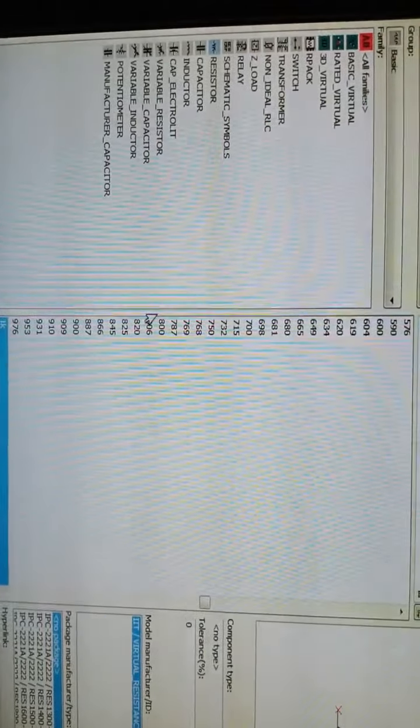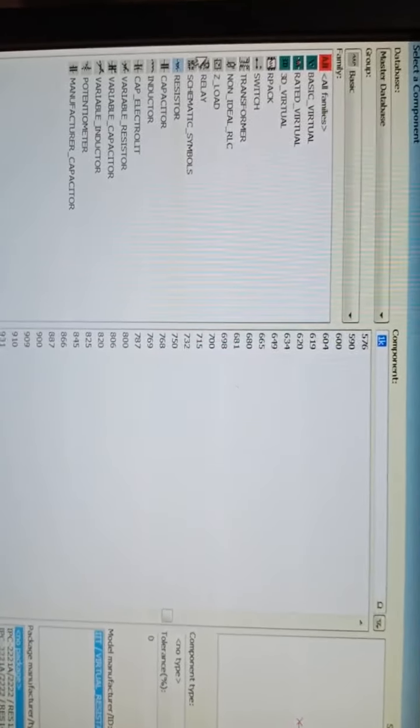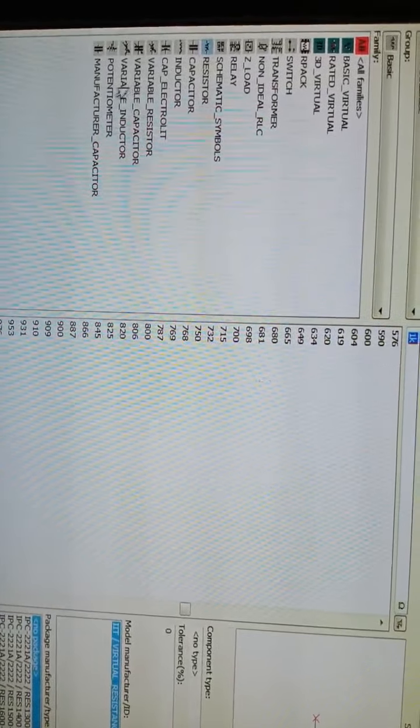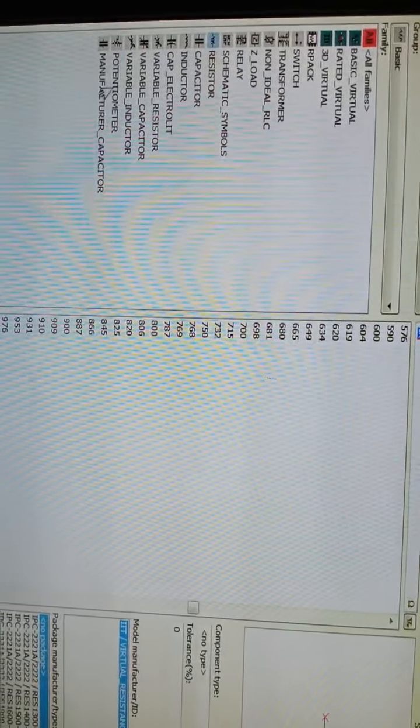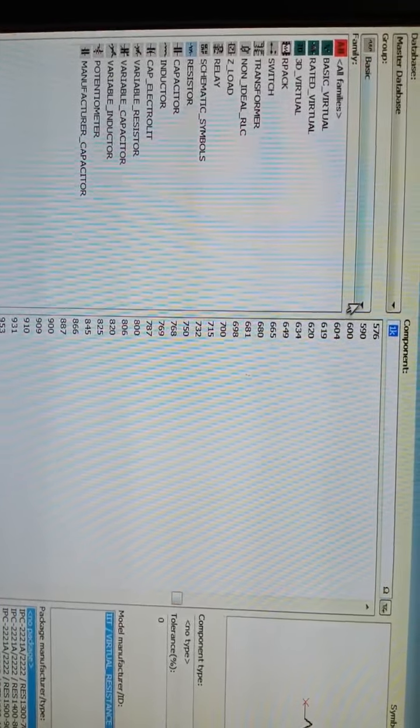What will be the value of your resistor? You can choose any value: 10 kilo ohms, 100 kilo ohms, or directly write the resistor value there. You can choose capacitor, inductor, variable resistor, potentiometer. All these small basic things you can select from here.